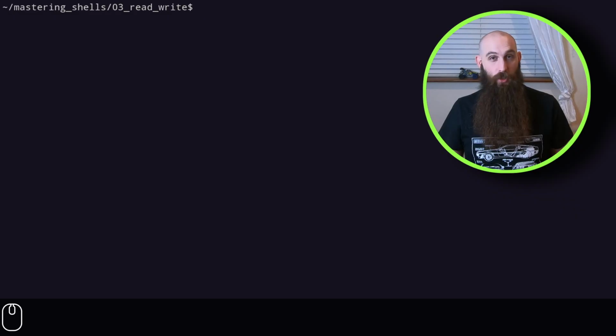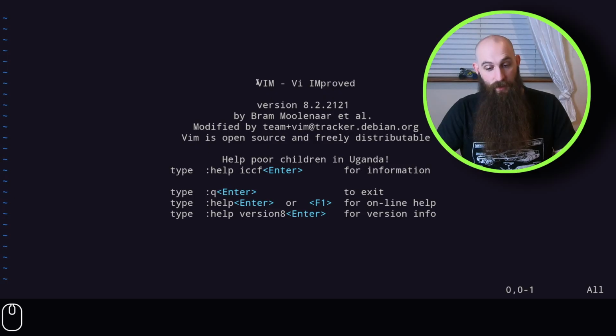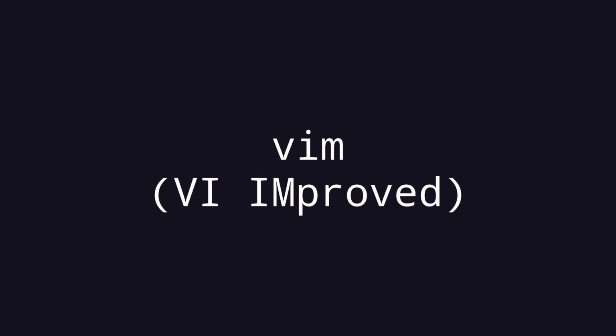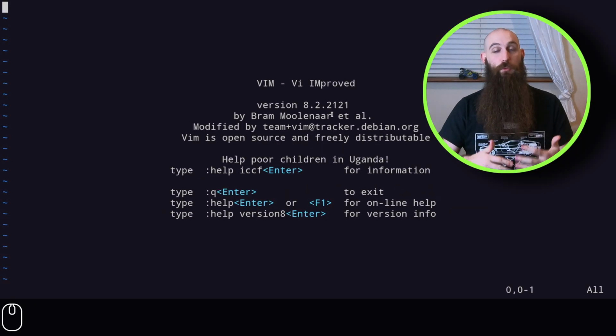And it was basically adopted by all major operating systems except for Windows. But what is Vim? If I open on my machine, which is a Linux Ubuntu machine, I press VI, I don't actually get VI, I get Vim. VI improved. Essentially, it's a completely different application that was built to be very similar to VI, but has a